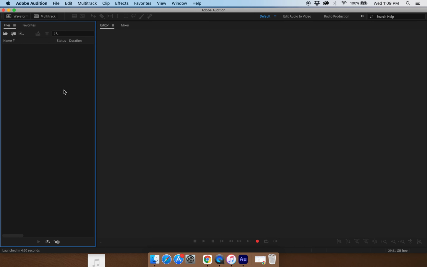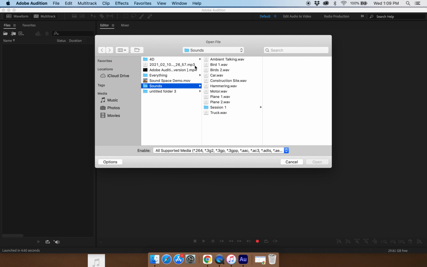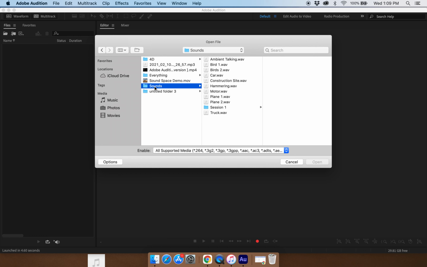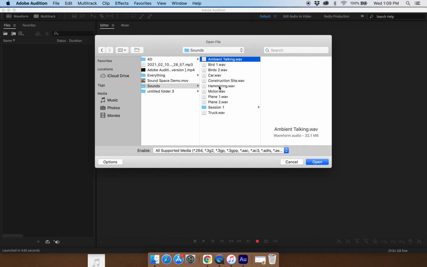Next thing I want to do is pull in my files. These are the files that I'm going to use that will be my tracks. They will be the tracks that I bring into the editor and where I will mix. So I'm going to pull these files in by double clicking this space here. And then I'm going to navigate over to where all my sounds are. You see here, I already have mine, it's already navigating, but you may not have your setup. So let's just say you're on the desktop where I asked you to put everything. I'm going to go over to my sounds folder, and now I'm going to click all of my sounds,